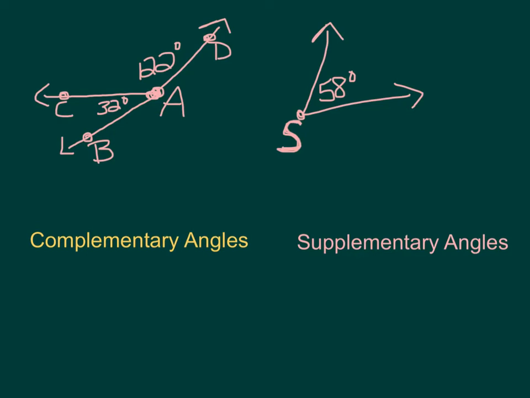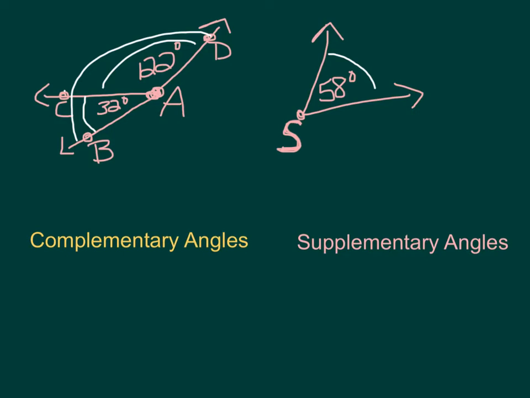Let's identify some complementary angles here. We have several angles here. We have this small angle BAC. Here's BAC, and it's 32 degrees. We have angle CAD, and that is 122 degrees. And we have another angle over here. Angle S is 58 degrees. And we also have this large angle right here, which is 122 degrees and 32 degrees put together,